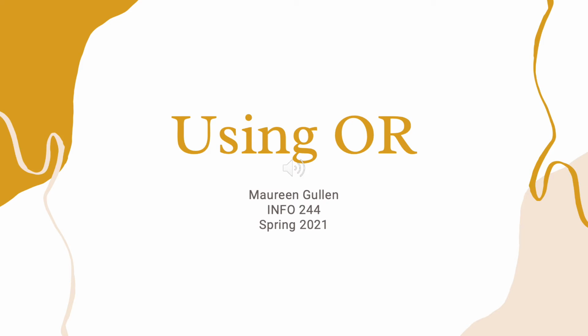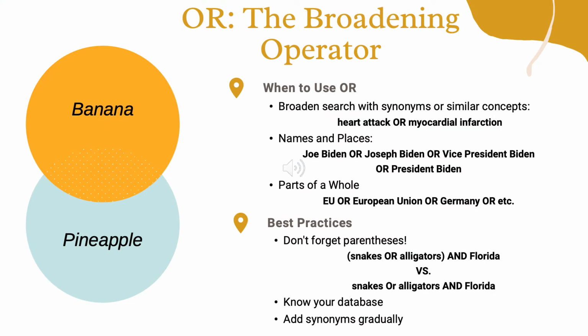As many of us have experienced this semester, Boolean operators are an important part of the online searcher's toolkit. For this presentation, I will focus on the Boolean operator OR and how the online searcher can maximize its effectiveness. When you create a search using OR, your search will return results containing one or both of your search terms. For example, if I were to search pineapple OR banana, my search results could contain either pineapple, banana, or both